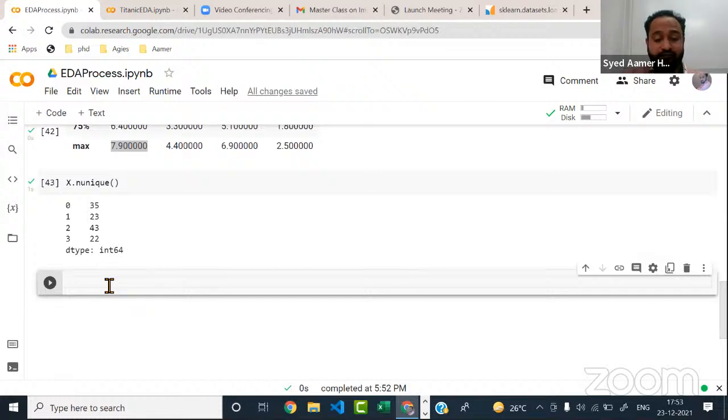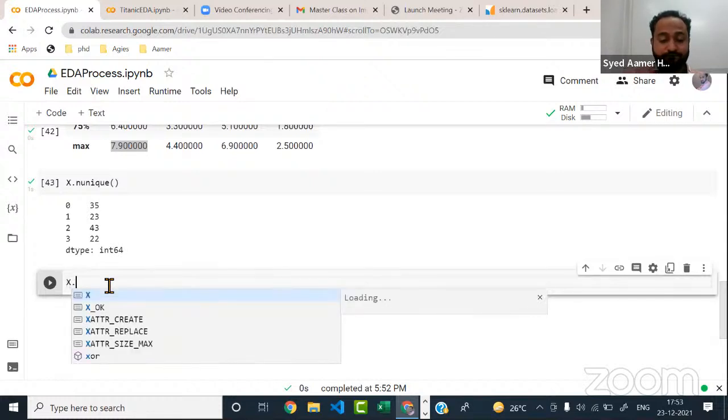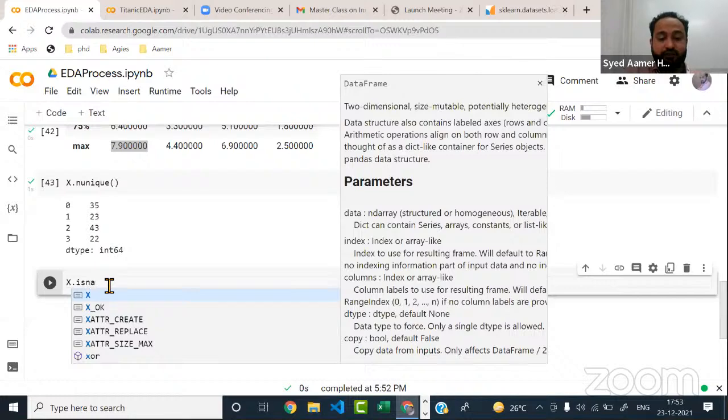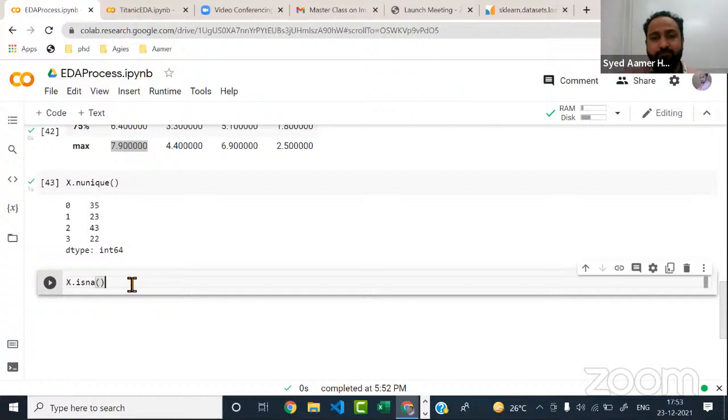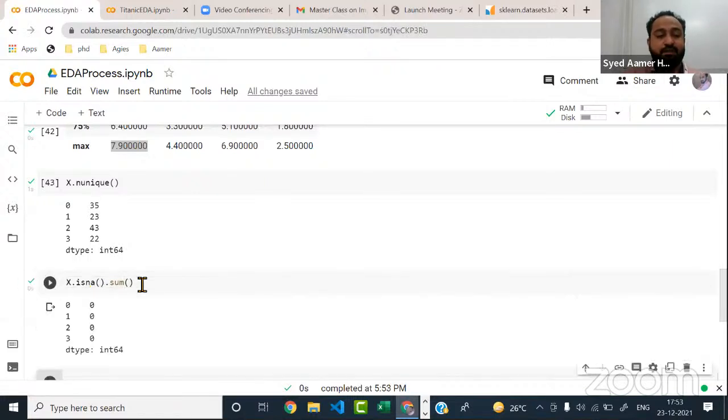Now the next one is very important again. isna. Okay, this will return a Boolean value basically, if there is any missing value, or NA is available. NA simply means what? Not available, or a missing value is available. So it will return true for it. Otherwise, it will return false. So we don't use isna directly. We ask it to sum it up for us. So on isna, we call the sum method, and you can simply see this now.